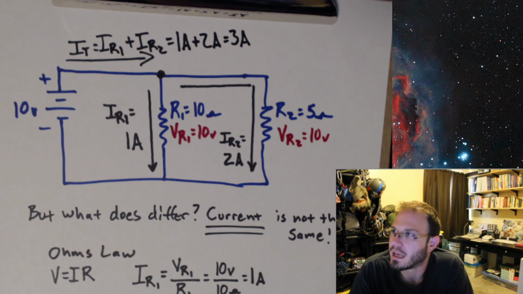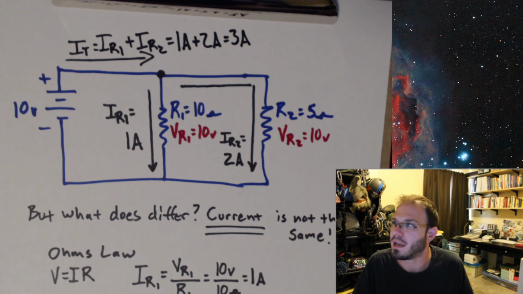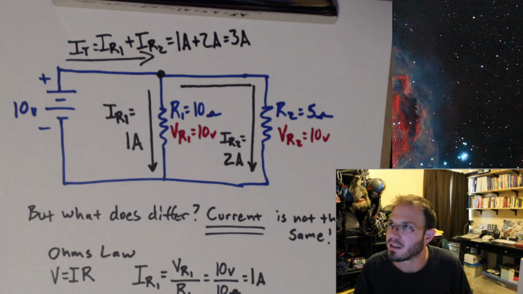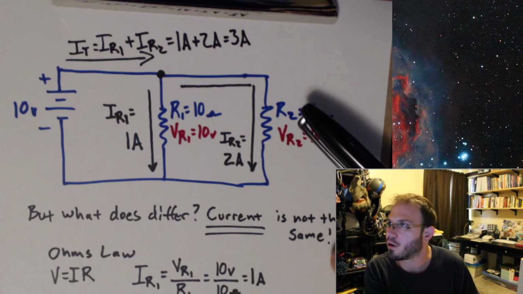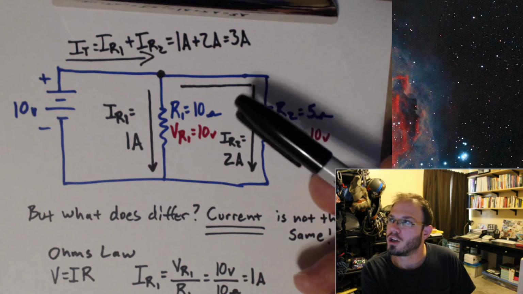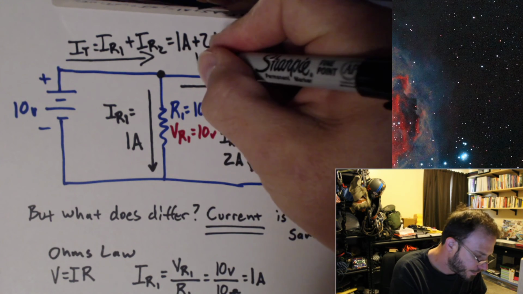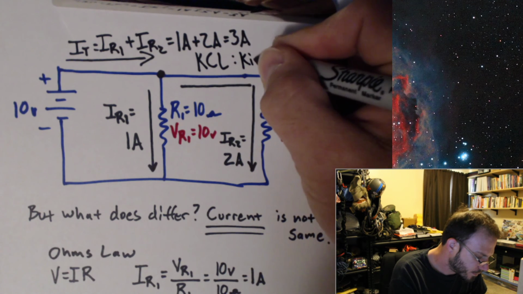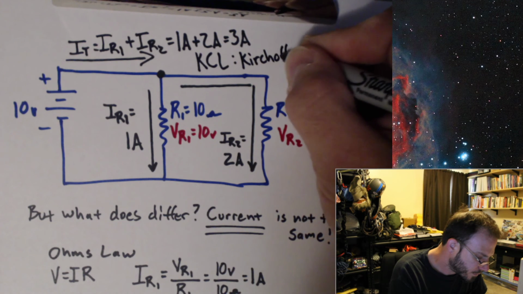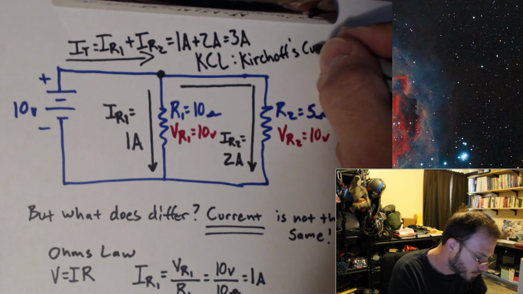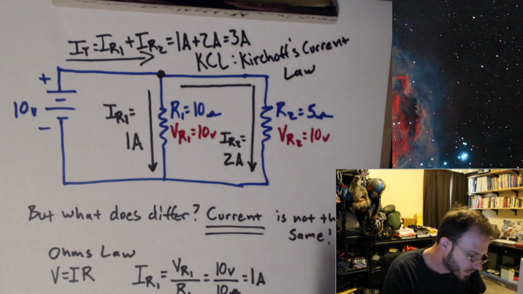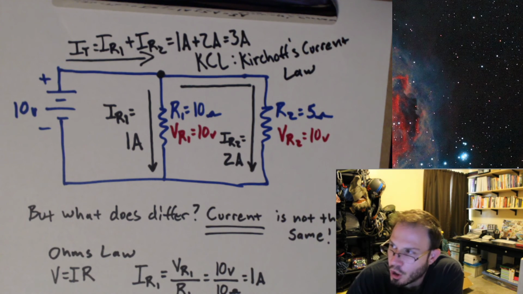Now, there is a name for this. Just as Kirchhoff developed a voltage law, the sum of all voltage drops in any closed loop is equal to 0, just like we saw at the end of last lecture. Well, he's got something to say about current as well. Kirchhoff's current law